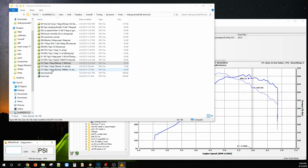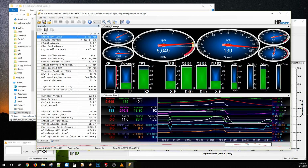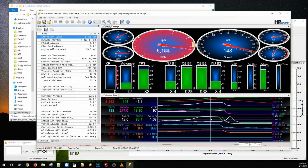So we saw 26 pounds on this hit, and actually it's right in between 26 and 29 because he had a 2.5 bar MAP, and as you can see, it pinned that thing. We hit 247 flat, and his AEM True Boost said 29, but anybody that owns an AEM True Boost knows if you do a really quick pull and you lift really hard, it's going to spike. What it gets is like the throttle closing or something. So I guesstimated about 26 pounds of boost, 12 degrees of timing up top, only 43% of the injector,